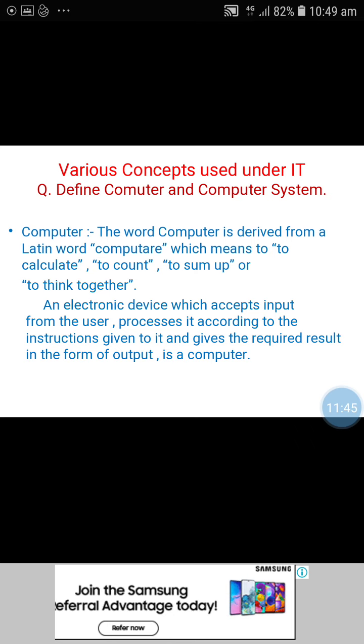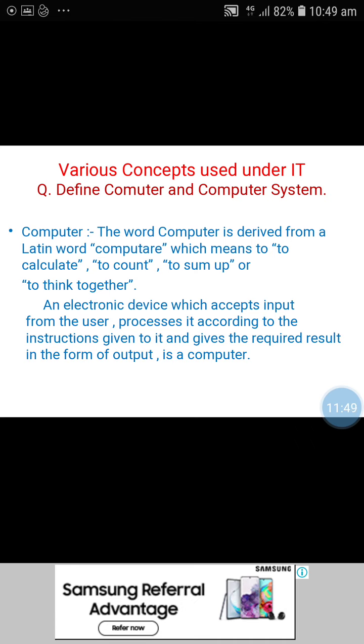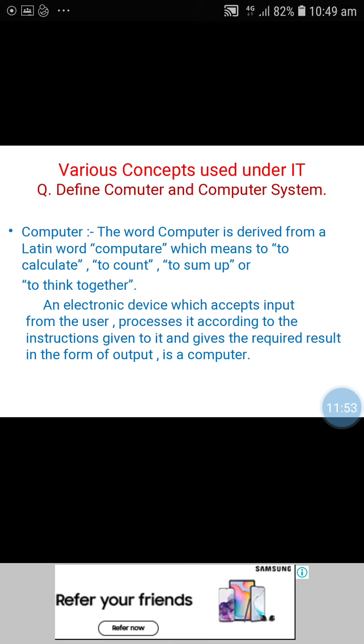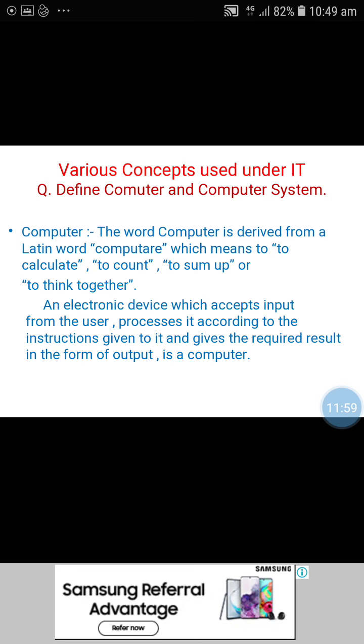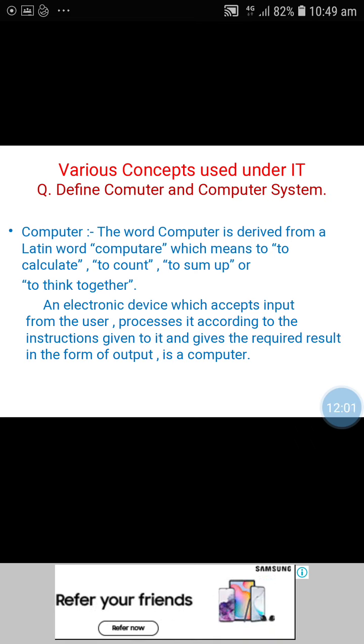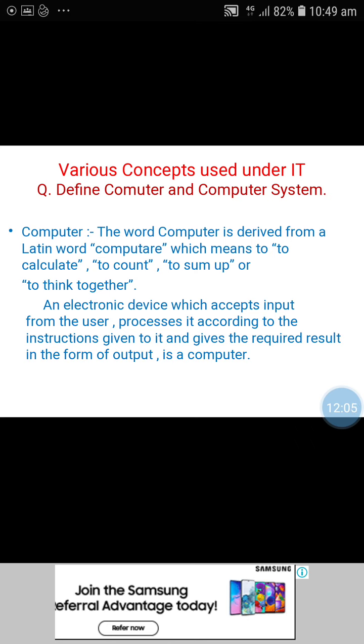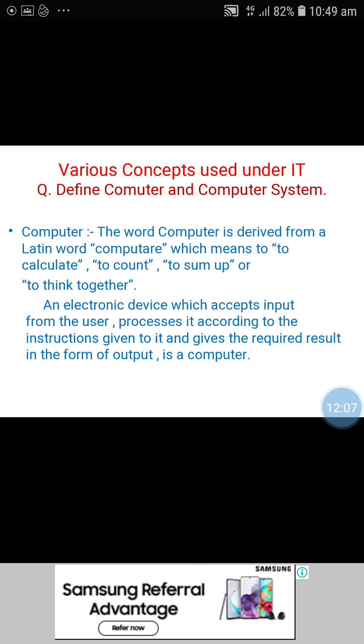Computer accepts input from the user by using the keyboard and mouse. It processes your input by using the CPU, and it gives you the output by using the monitor or printer. That is a computer.